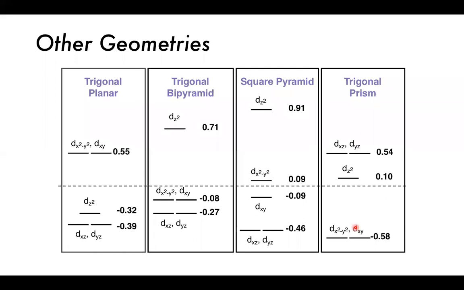the same sort of question of how do the ligands line up? Do they overlap with the orbitals? And is it going to be a significant amount of overlap? So for example, the trigonal bipyramidal,